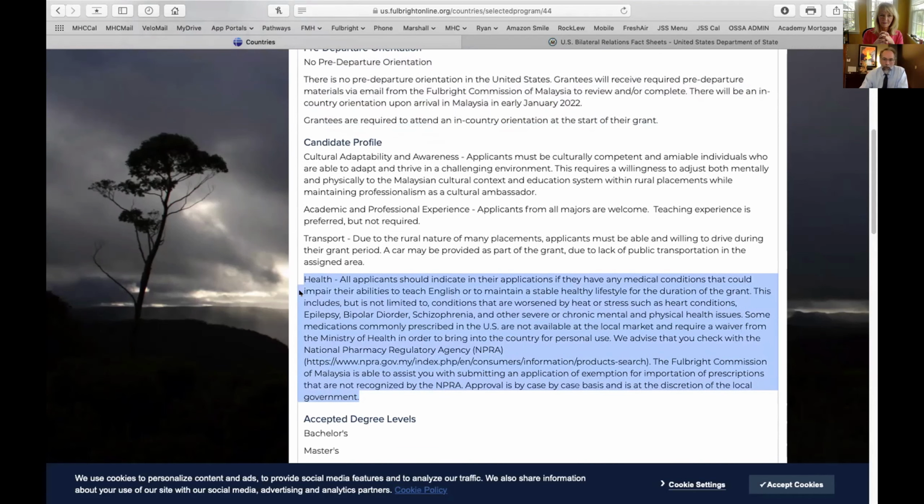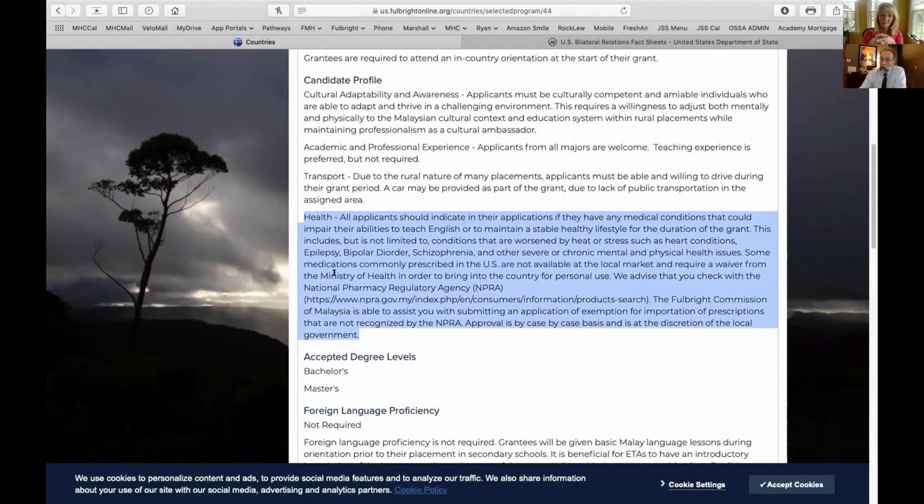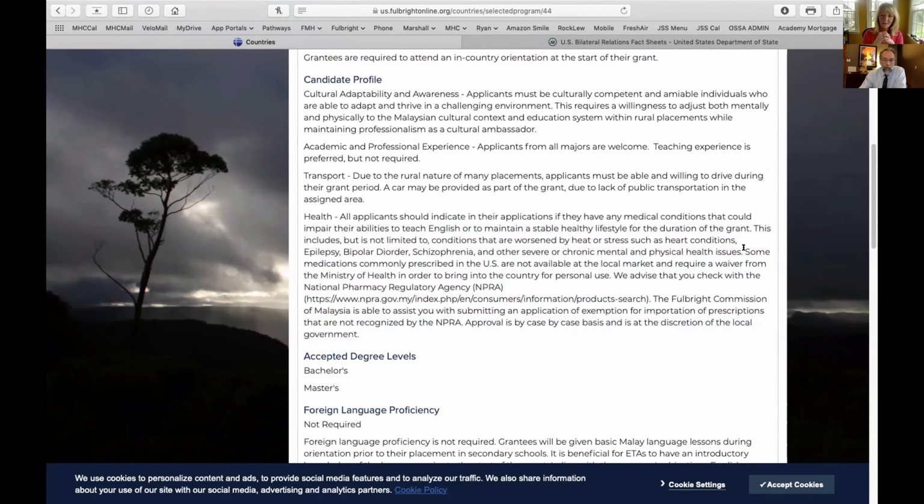All applicants should indicate in their applications if they have any medical conditions that could impair their ability to teach English or to maintain a stable, healthy lifestyle for the duration of the grant. This is incredibly important because in Malaysia, some medications commonly prescribed in the United States are not available on the local market, and they require a waiver from the Ministry of Health, the government of Malaysia, in order to bring them into the country for personal use.